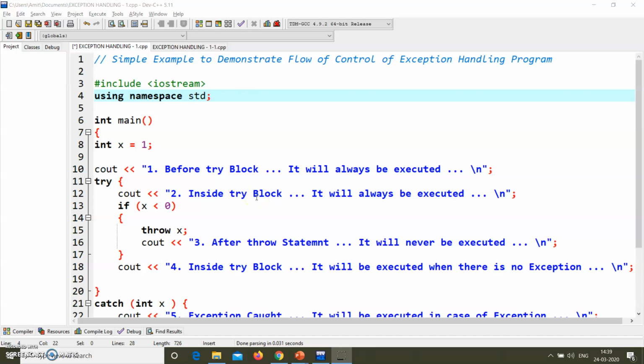In the last video we discussed exception handling in C++. We covered the theoretical aspects of exception handling in C++. In this and the next video we will be concentrating on the practical session and covering a few practicals related to exception handling. The first example we are taking is to demonstrate the flow control of the exception handling